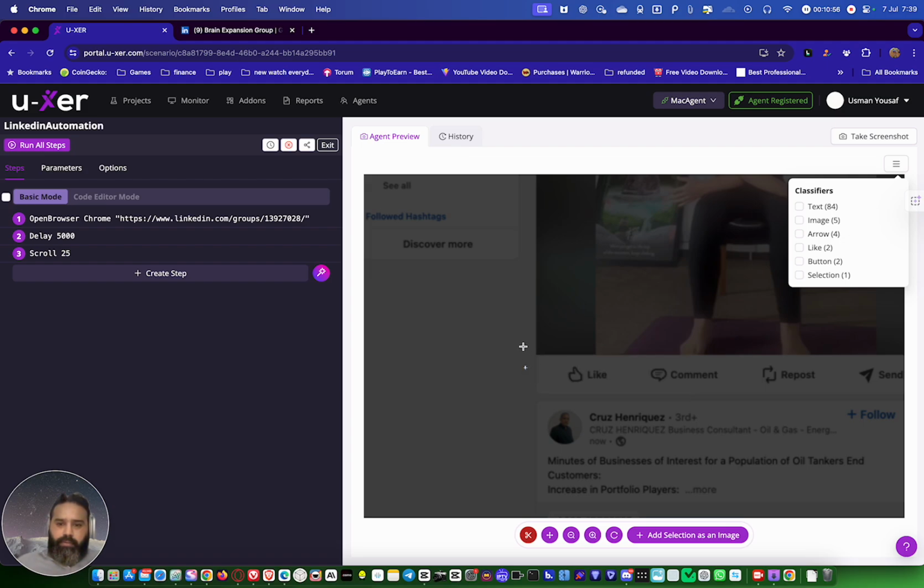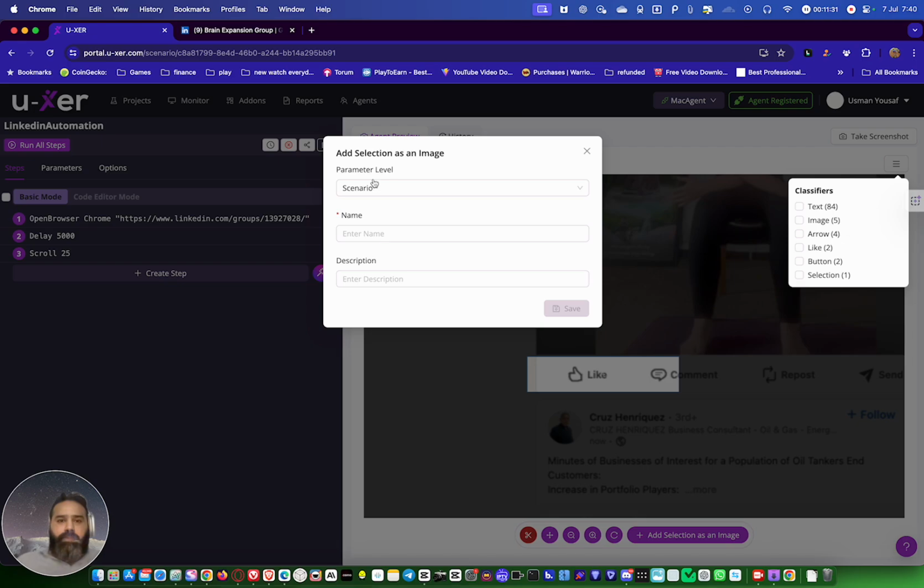Okay, so let me try again. See, the plus is right on top of the E, but you got the point. You should never do it like this because sometimes there are buttons like this, so the user gets confused. So if you do it like this and add something else also in the image, the user can understand much better. So now this is done. We add it as a selection. Okay, add selection and parameter. This is a scenario. So we just name it like button. Don't add any space here. Okay.